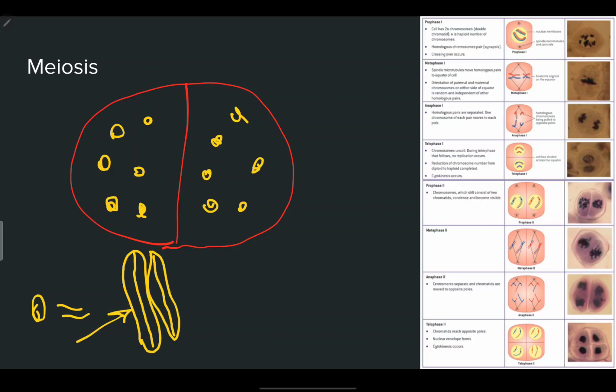So if this was pulled apart and this was pulled apart, now we have just this kind of structure. But we should also divide this into different parts, so they're going to be pulled apart. Prophase 1 also prepares this structure, the chromatid, to be divided. As it is going to be divided, it should be more visible. But the main difference between prophase 2 and metaphase 2 can be